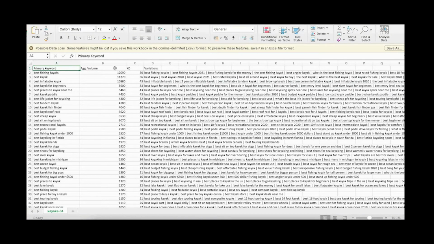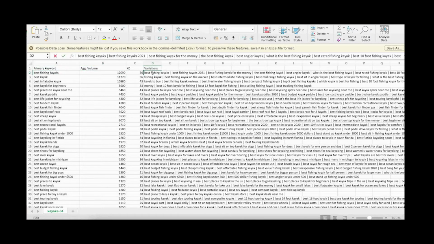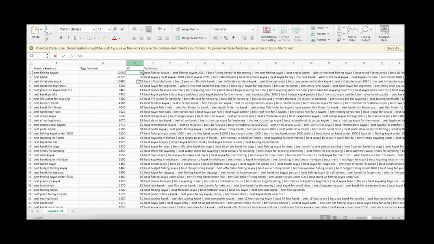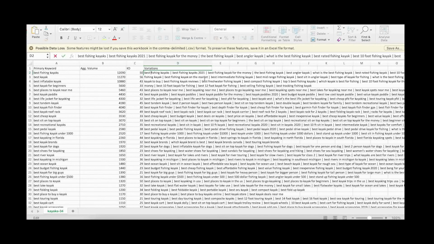Column 1 is the primary keyword. Column 2, the aggregated volume of the primary keyword and all the keyword variations associated with that primary keyword. And we'll have a look at those in more detail in a second. Column 3, or C, is the keyword difficulty, and that's the keyword difficulty as it relates to the primary keyword. And then column D is where all the clustering magic has happened, and you can see here are all of